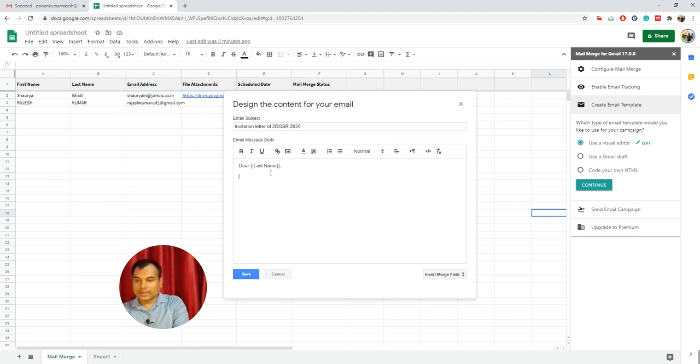Close this, enter the message: invitation to attend the 2D GSR 2020 workshop. You can add with regards. In this way you can save.